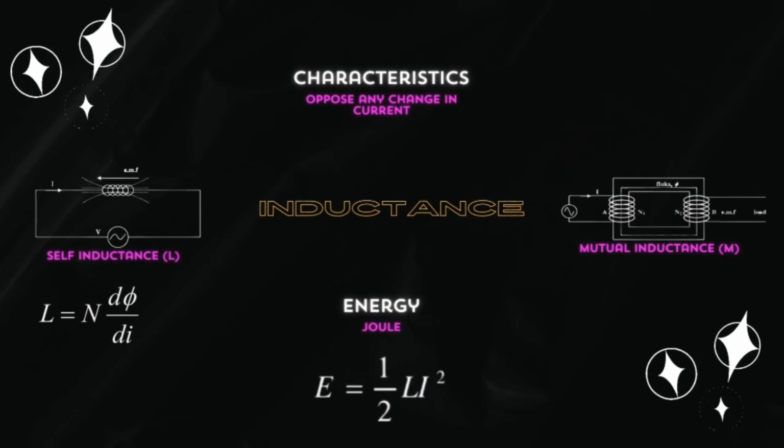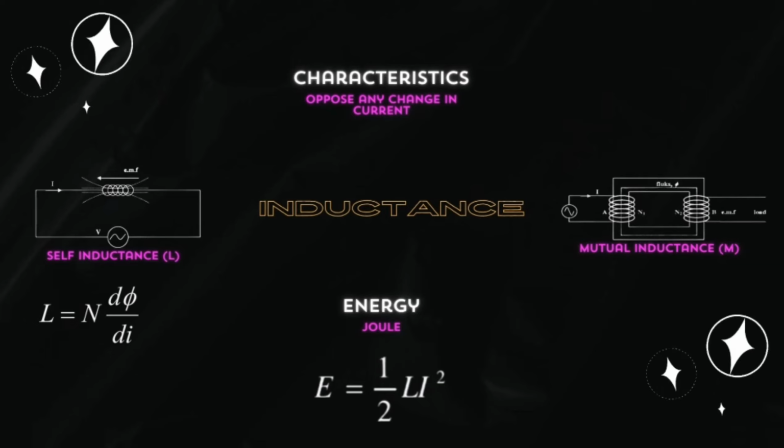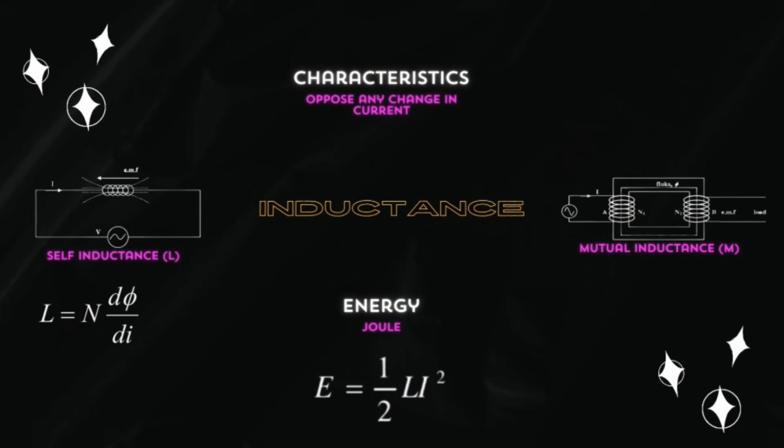Self-inductance, symbol L, occurs when a current flows in the coil causing a change of flux in the winding. The electromotive force, EMF, produced is in the opposite direction to the direction of the applied voltage, while mutual inductance, symbol as